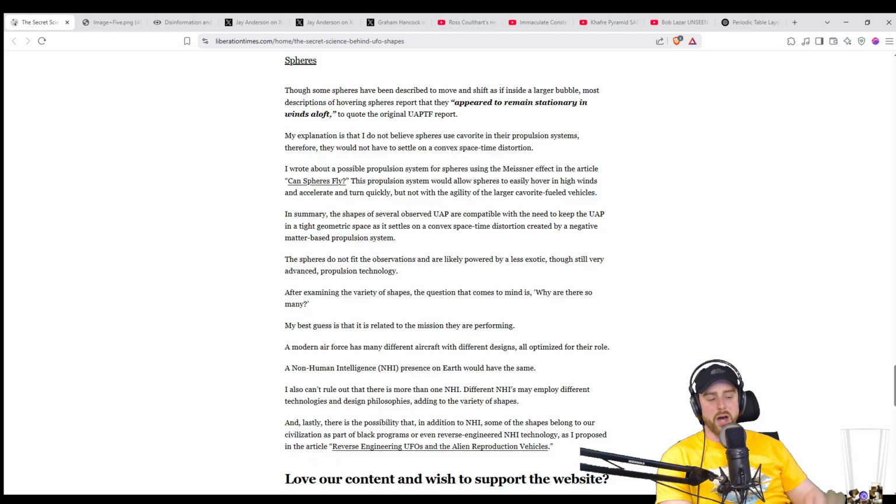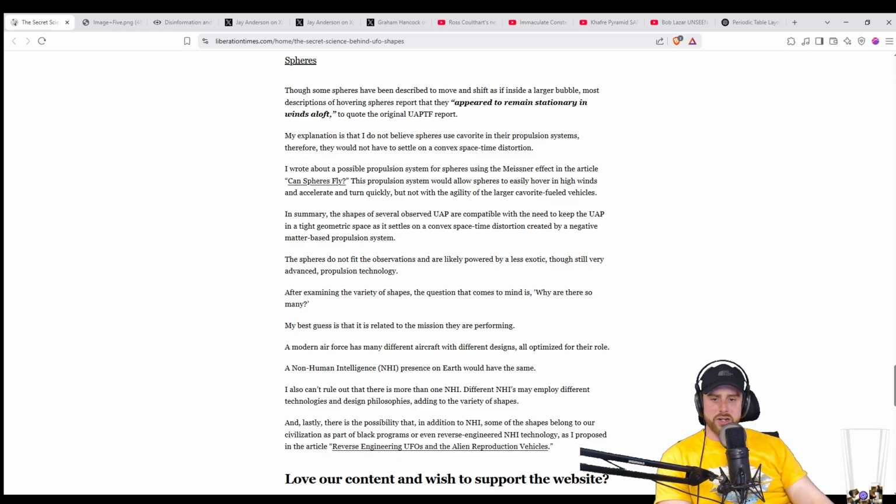Okay, again, a positive matter-based propulsion system creates a dip in space-time, kind of like large quantities of mass, like planets. A negative matter-based propulsion system creates a mound, and then you roll down this hill of space-time. And then you can just keep doing that indefinitely, and that's how they get from star to star and stuff. And you can just go ridiculously fast. I think that's how it works? I don't know. Anyway,